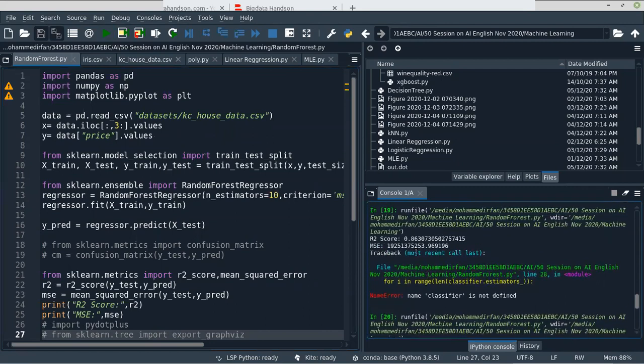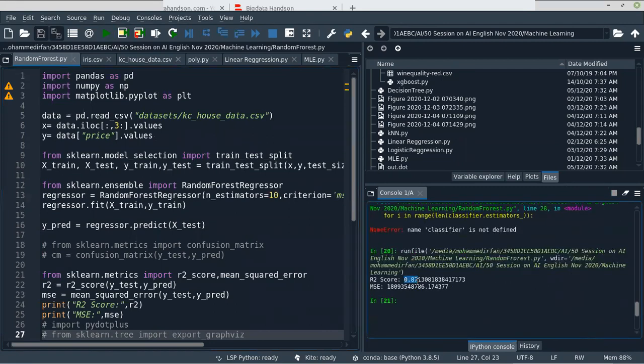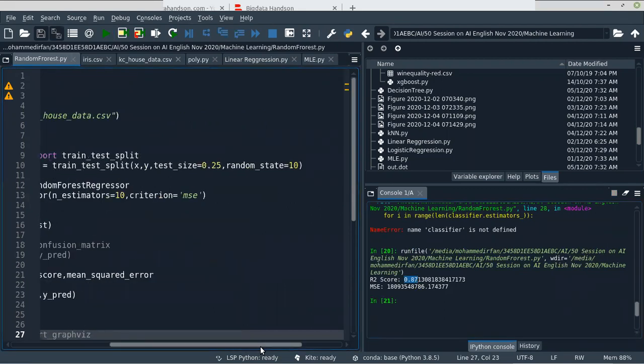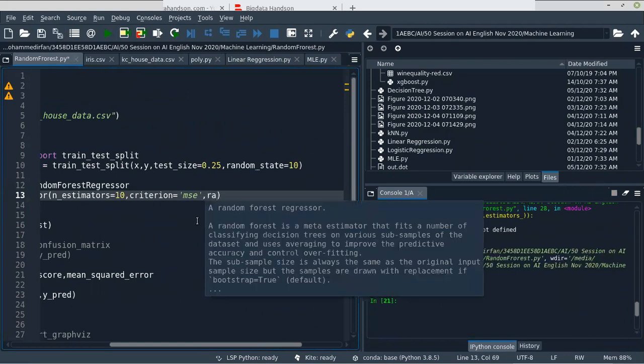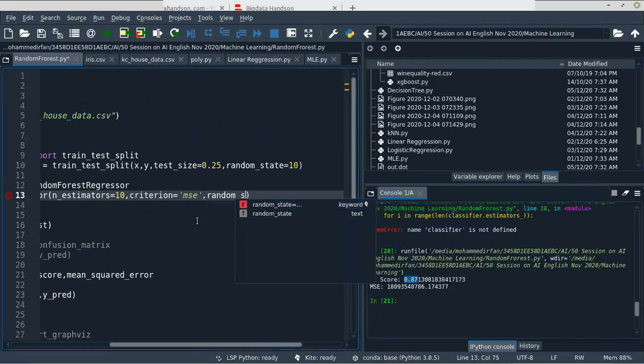Previously 86, now 87. The reason is it's selecting randomly, so you can set the random state for the random forest algorithm also. You can set the random_state